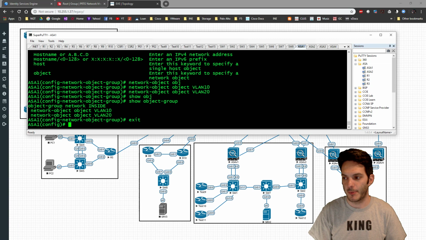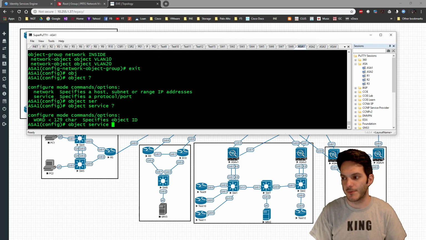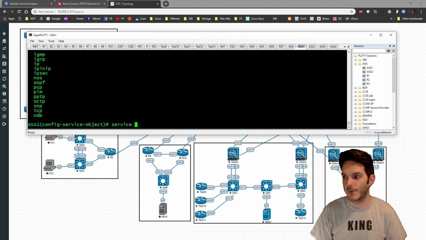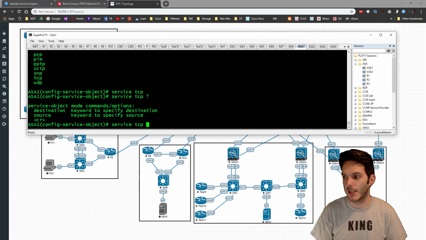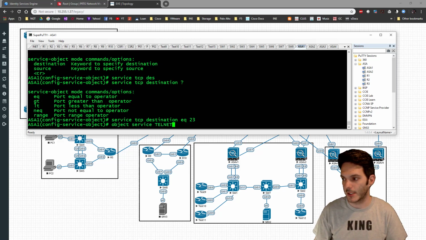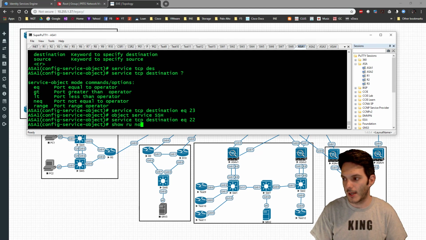Now I can also exit out and type in object and say service, and I can specify the service name is going to be, we'll say telnet, and underneath here we're going to say service, and we're going to specify TCP, and we're going to say the destination is going to be equal to 23. Okay, so then I get to hit the up arrow and type in SSH, and I can come up here and type in 22. I can do show run object,